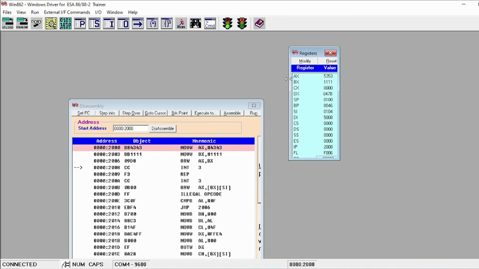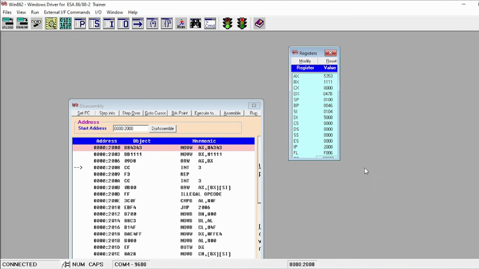If you observe this AX register, 5353 is the output. So if you perform the OR operation between these two inputs, that is 4343 and 1111, 5353 is the output and it will be stored in AX register. This is how you have to perform the 16-bit logical OR operation.